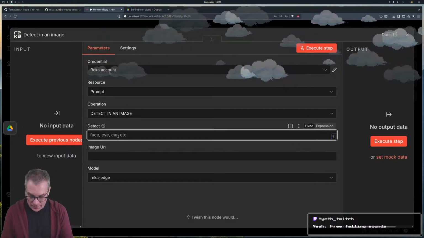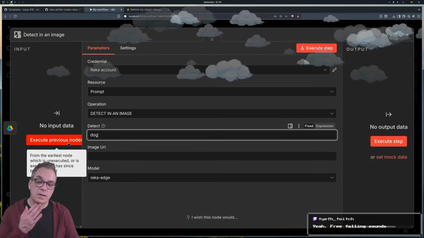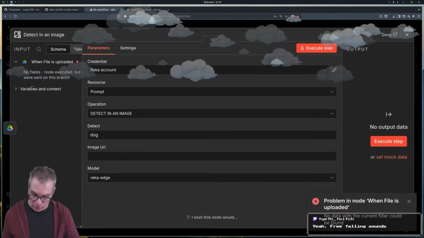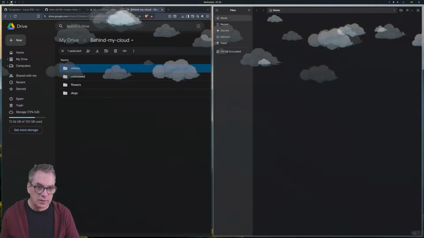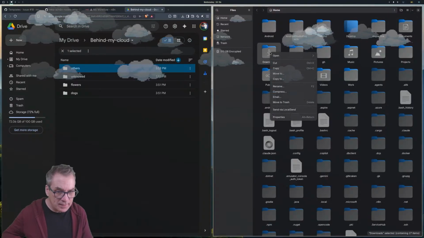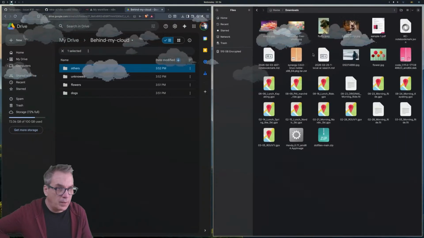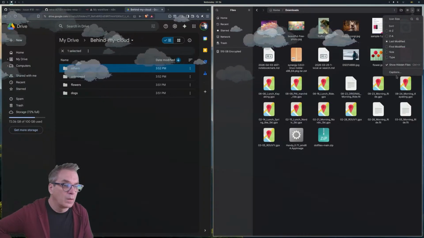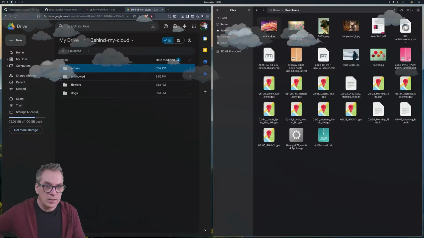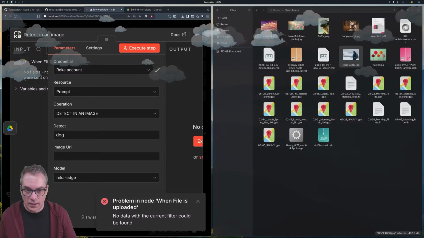So detecting an image. Let's go. Let's start with the dog. Okay, so wait, there's no file. So I guess we need to upload a file. I need, this is annoying. Can I pin it? I forgot how to do it. So here, let's go with this. You know, let's go with me. I'm the first image. So if we run again,